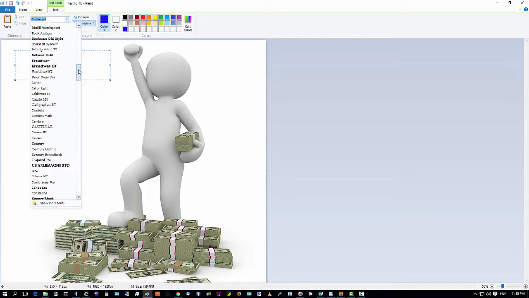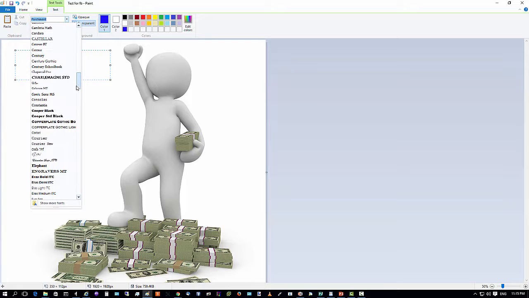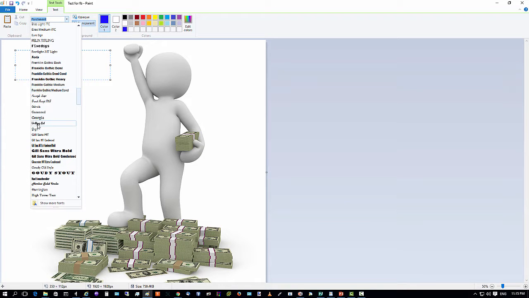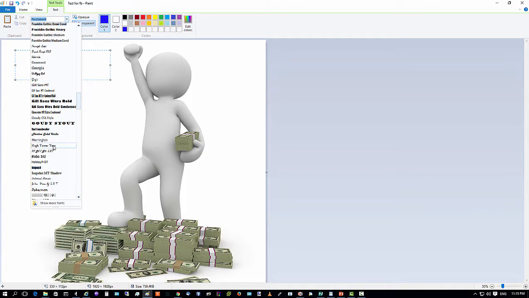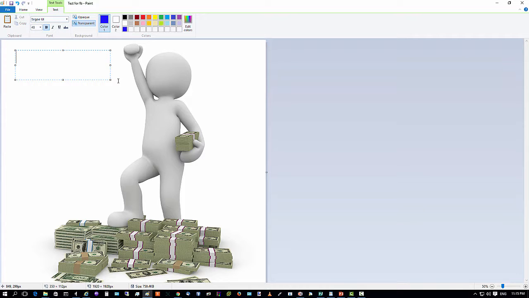Don't try to have this kind of font that is very difficult to read. Try to pick clean fonts that are easy to read and look nice as well. So I can pick up basically any font. Comic Sans. Okay, so I use this and I say